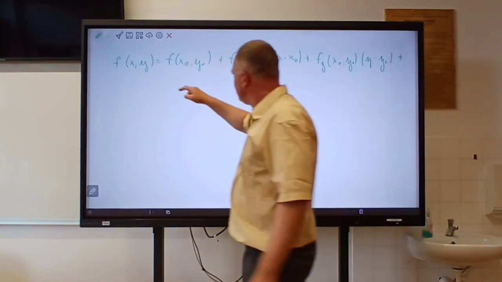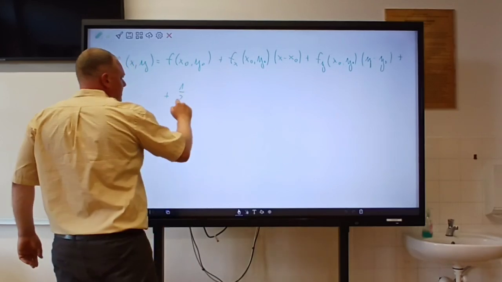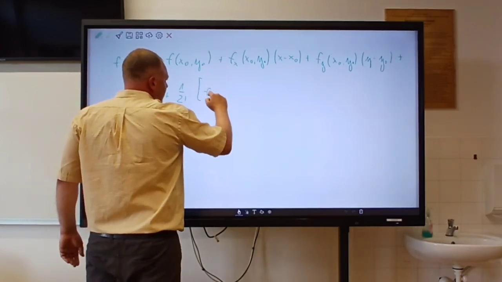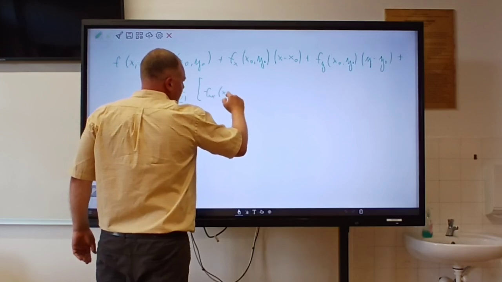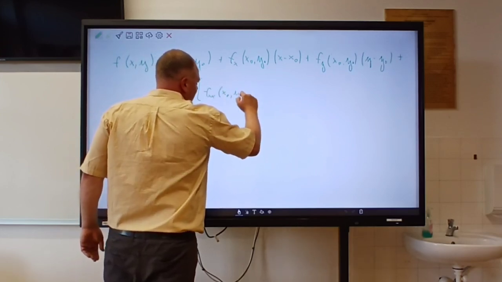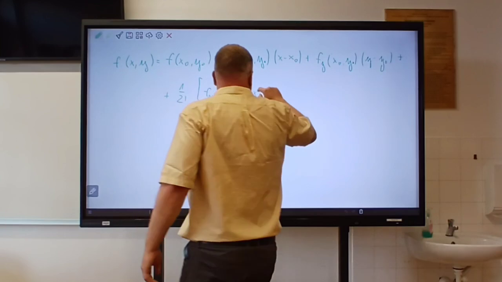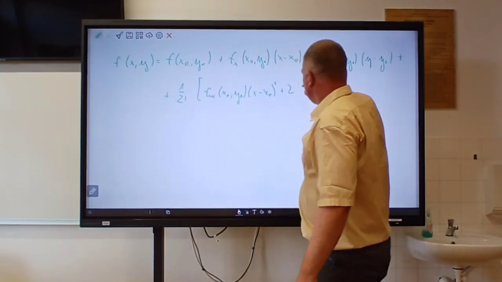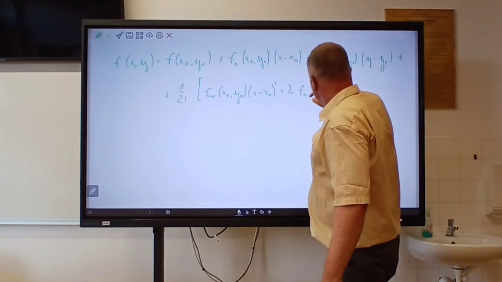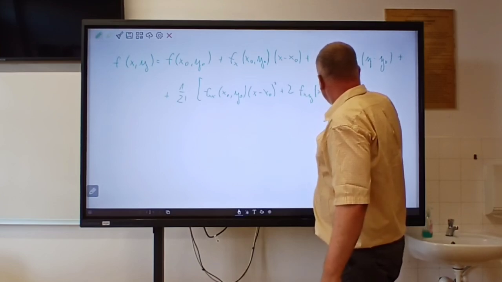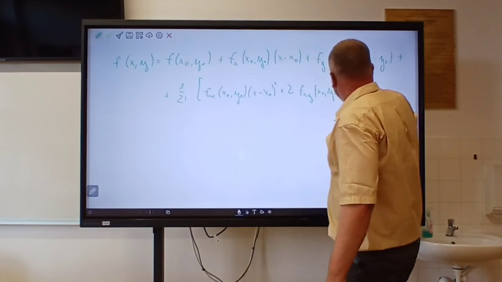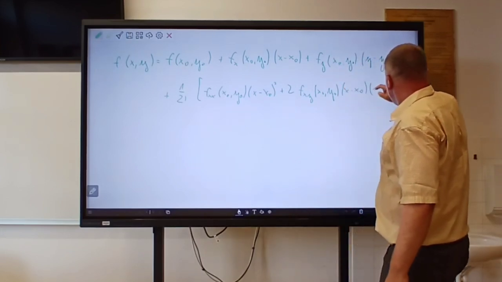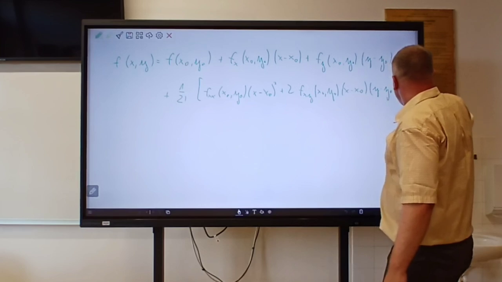Then we have plus 1 divided by 2 factorial, which is 1/2 anyway, f_xx at (x0, y0) times (x minus x0) squared plus 2 f_xy at (x0, y0) times (x minus x0) times (y minus y0) plus